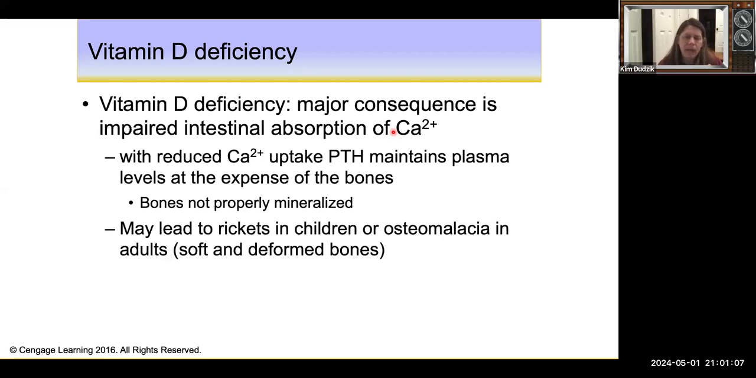And then therefore, bones will not be properly mineralized because we're trying to keep the calcium in the plasma at the expense of the bones. And so when you have weakened bones in children, that's called rickets. Usually children, when they don't have access to vitamin D and calcium, get those really weakened bones. That's a disease called rickets. In adults, soft and deformed bones is called osteomalacia. And that is